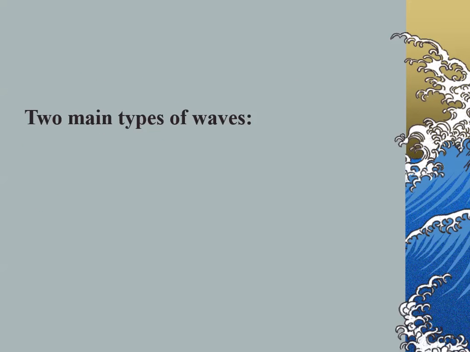Now, underneath these categories of mechanical and electromagnetic waves is how they will travel. There are two types of traveling for the waves. I bet you recognize some of these. At least you'll recognize what transverse is. These are the classic ocean waves, the up and down motion. If you see me in my classroom, I'm moving my hand up and down in that classic wave motion. Longitudinal is much more like a pumping motion, where it pulls air in and pushes it back out, pulls air in and pushes it back out.